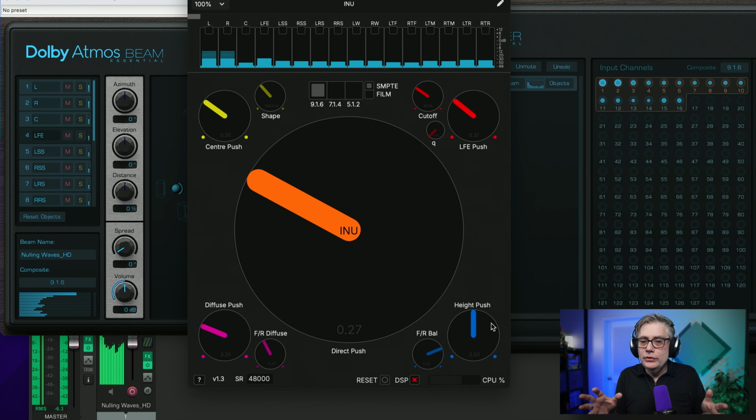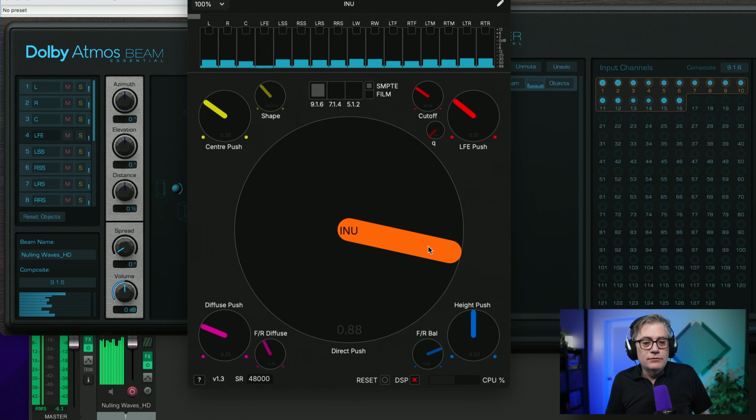So you're not going to hear much difference here. So once again, if you're actually doing the nulling, it's not going to null completely, and that is because of the Dolby Atmos Composer doing some additional processing. But effectively, you can't really hear any difference. So if I'm moving that around, even though I'm changing the signal substantially, you're actually not going to hear much of a difference here.